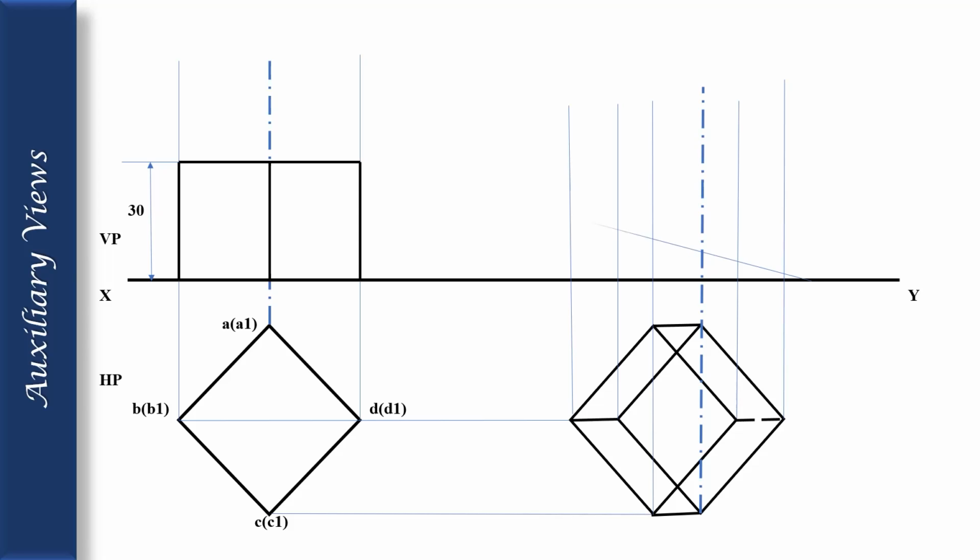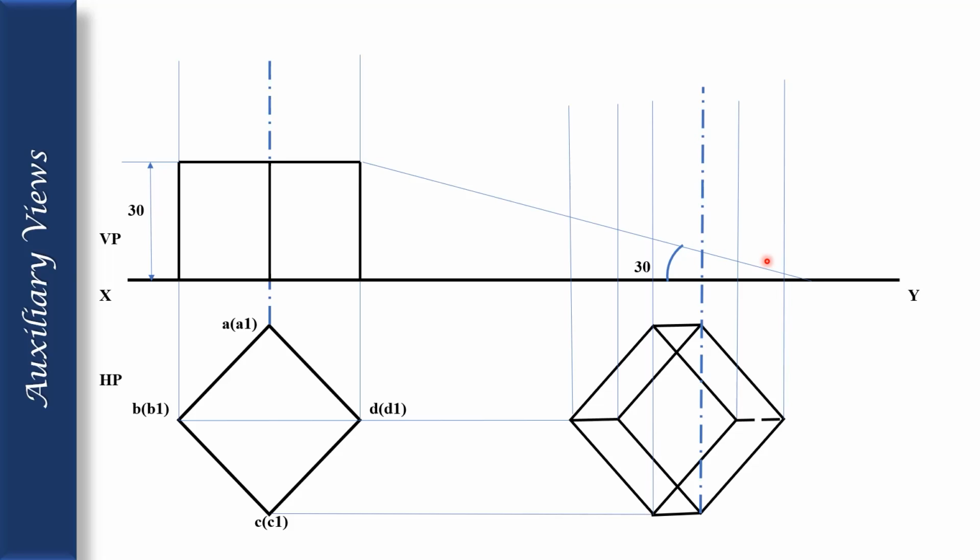Next, draw a 30-degree line. I started from here because when I draw the line, I can draw the complete object here itself. You can also start from the other side, but then you have to keep the drafter here and a parallel line here. So I started from here itself, so I can draw the diagram and it will complete here easily.